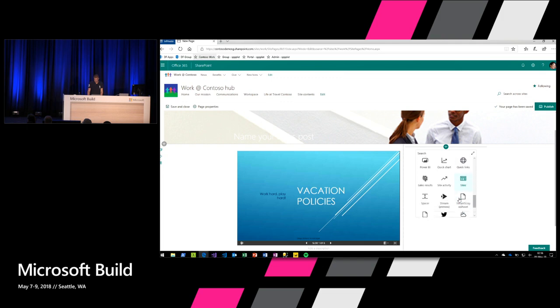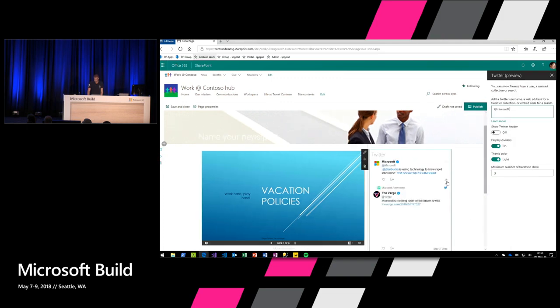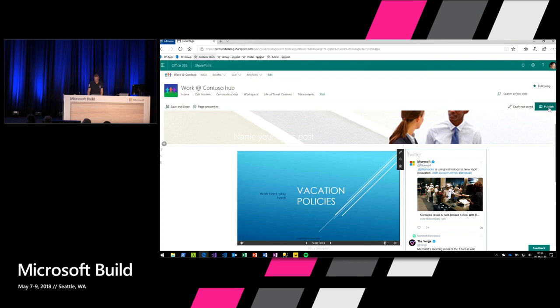That could be a good example. And in the Twitter web parts, we can also configure the settings of the web parts, whatever we want to have, and modify what's actually happening, save that, and publish that. And we have a new page available within SharePoint